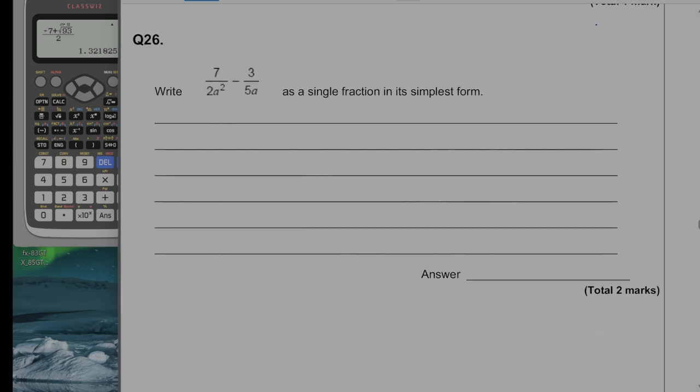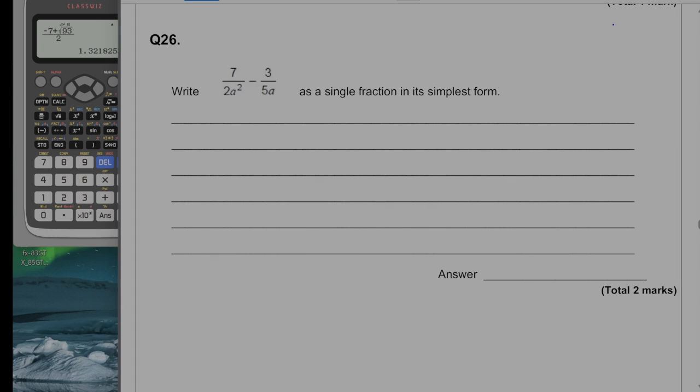Question 26, write as a single fraction in its simplest form. Right, so I'm going to kind of cross multiply here. I'm going to put them all over the same denominator. That denominator is going to be 10a squared. Right, to do that, I'm going to have to times this numerator by 5,